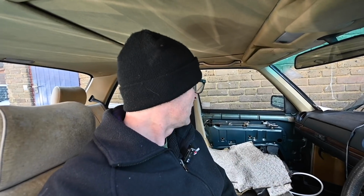Anyway, the reason I've not touched this car for a few weeks is because it lives outside under a sheet, which is never the best way to keep a car, I'm fully aware of that. But while it's been wet, snowing, raining, the wind is now so bad around here that my wheelie bin vanished down the road. It's got to go on a speed awareness course after the police stopped it. Anyway, the weather is starting to improve, so hopefully in a few days I can get out here